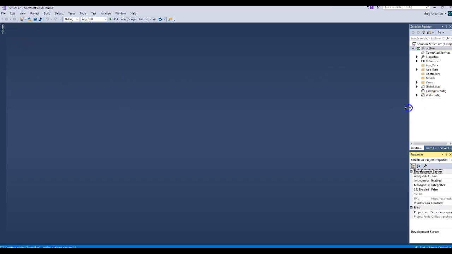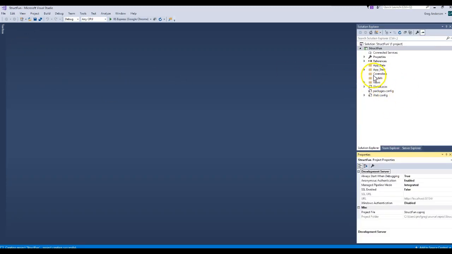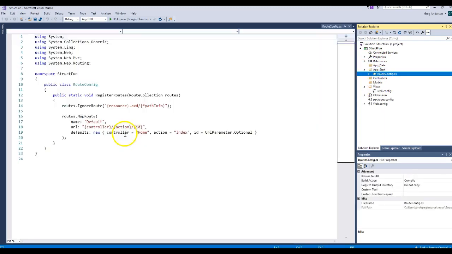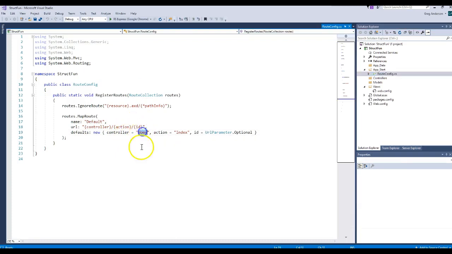And then we come over here and we look at our structure, and notice we have a folder for models, a folder for controllers, and a folder for views. And currently in views we don't have anything. We have our app start folder, and when we look at that, this is the one that contains our routes, which says when you run your application, your website, and if you run it especially from a controller window rather than a view, it's going to try to find a home controller folder, which we don't have right now, and